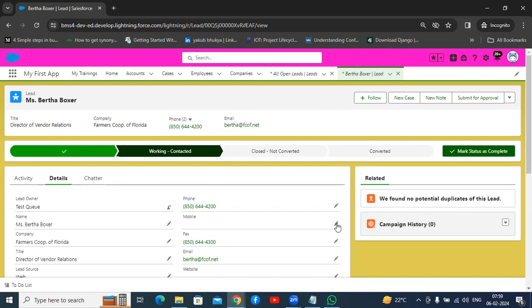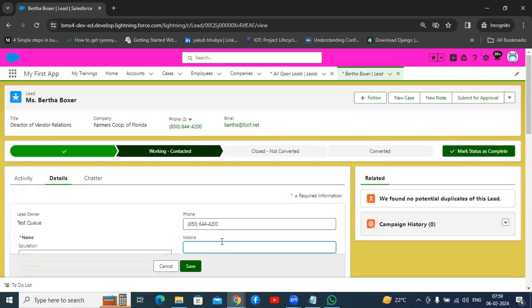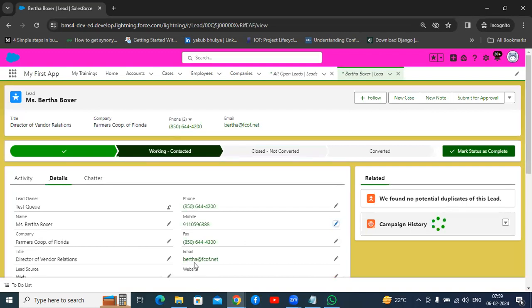Whereas coming to the public groups, they will have settings again, like whether you will have access to set up those things or not. Understood about queues? This is about queues. So coming to the queues, if you want to provide some set of users or public groups owner level access, you can go to queues. And while creating queues, you can choose for which objects you want to provide access. And under that, you can add roles, roles and subordinates, public groups, or users inside this queue.